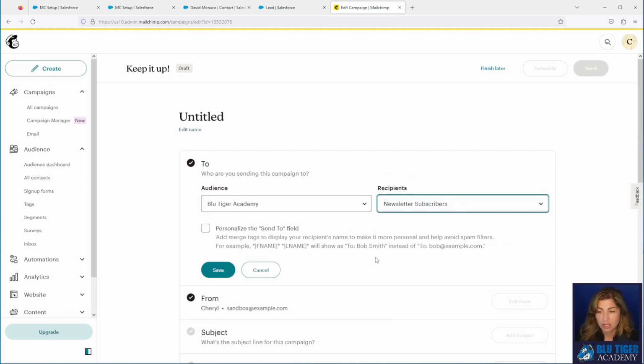So now this email is set up to only go to the people who fit that criteria. So that's how you would set up a segment within MailChimp to send an email based on data that you have in Salesforce. Now let's go and set up a query for our leads.